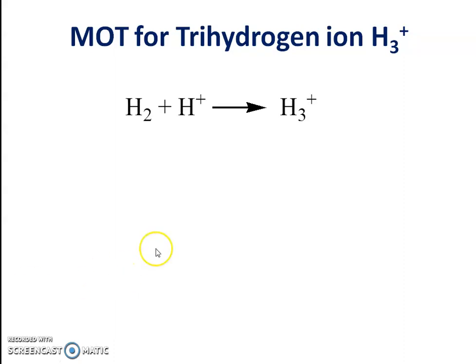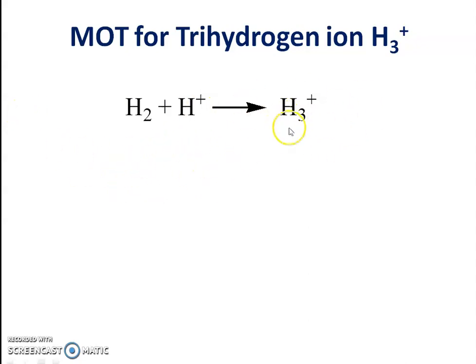During the last lecture, we discussed the formation of the water molecule on the basis of molecular orbital theory. Now, in this video lecture, we are going to discuss the formation of the trihydrogen ion on the basis of molecular orbital theory. This trihydrogen ion, or cation, has been detected during electrical discharge through hydrogen gas, and